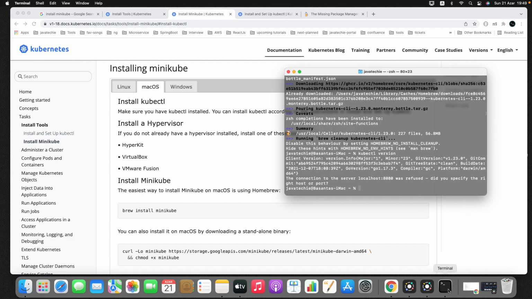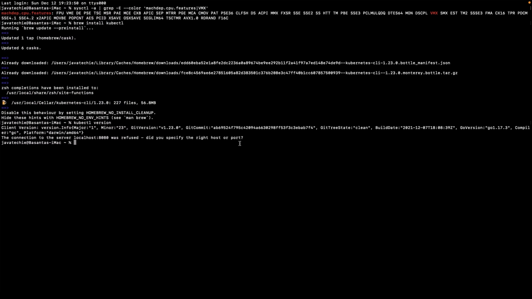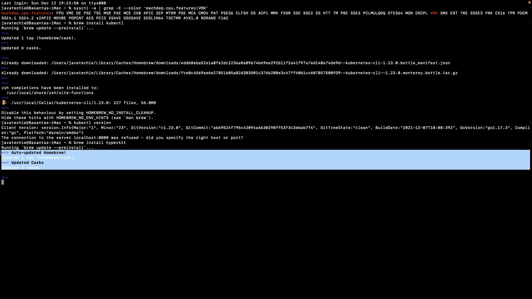Let me go to the terminal and I will just type brew install hyperkit. Okay, just enter it. You can see here running brew update pre-install and it's downloading.